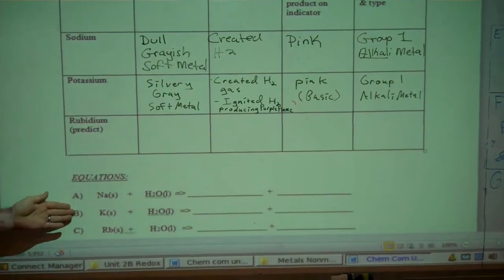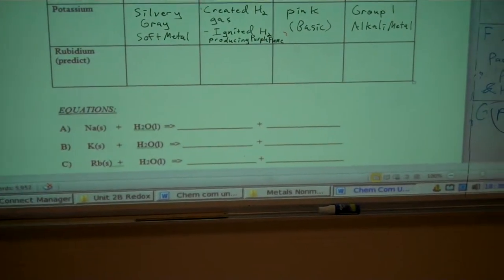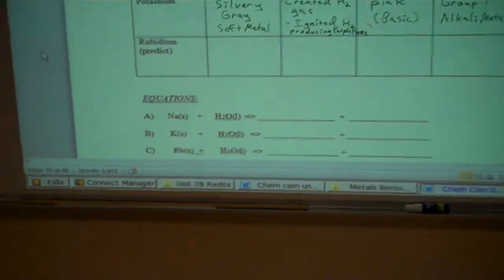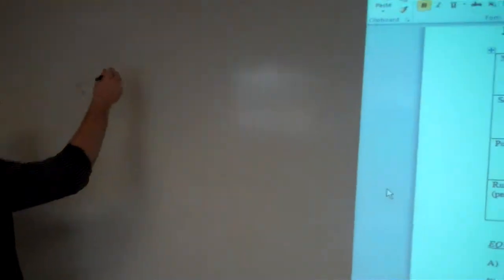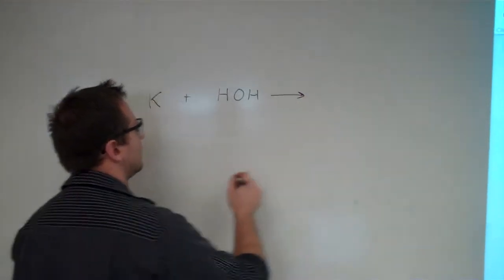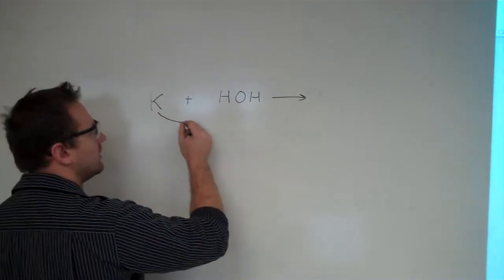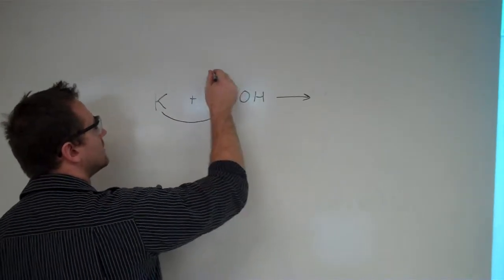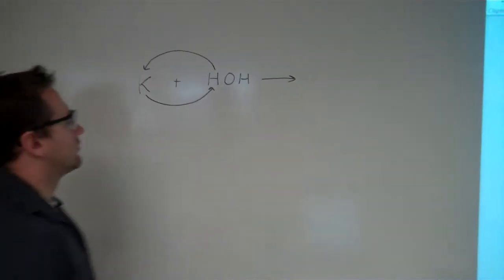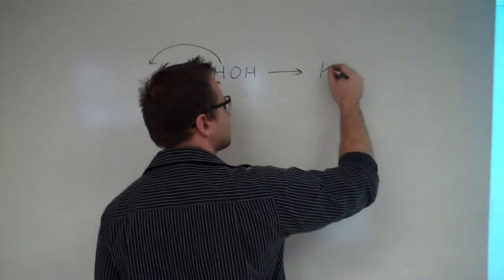Now I'm going to go over what happens when you put potassium in water and just describe the chemical reaction. Since potassium wants to get rid of that electron, it's going to give it to one of the water molecules, and I'm going to write water as HOH here, because it's two hydrogens and an oxygen. But what happens is it's a single replacement reaction. So the potassium will come in and basically replace one of the hydrogens in the water. So you end up with potassium hydroxide